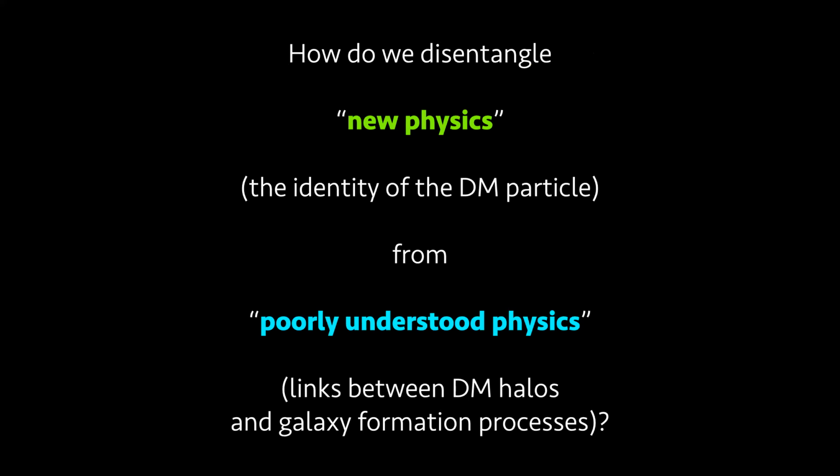So the big question that people in this field have been trying to tackle for a while is how we disentangle the new physics, like what dark matter is, from stuff that we technically understand, like star formation and gas physics and whatever, but which is often a challenge to model, and links galaxy formation to the structure of dark matter in the galaxy. So Gaia helps with this a lot because it measures both the positions of stars, which